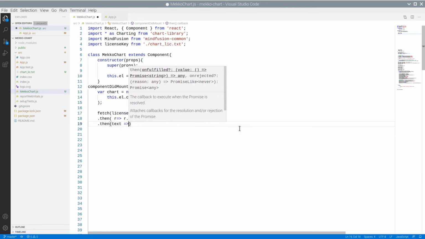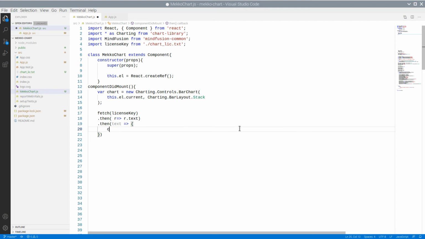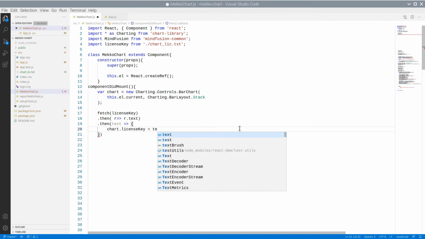Then you assign the license key that you've read to the license key property of the control. You can also do this directly. Just paste the string that represents the key in code.